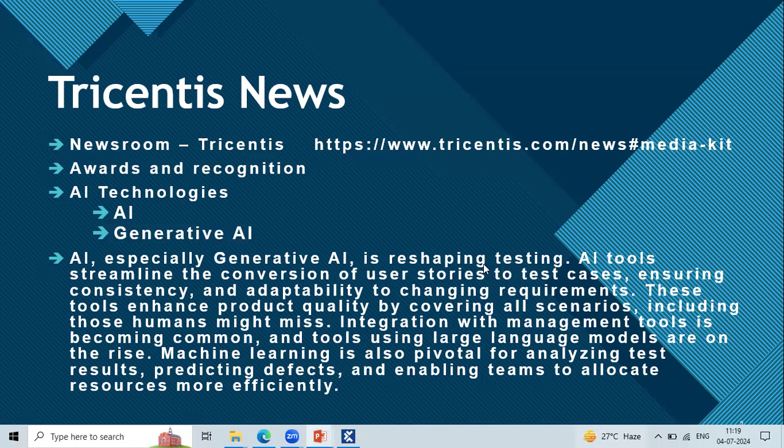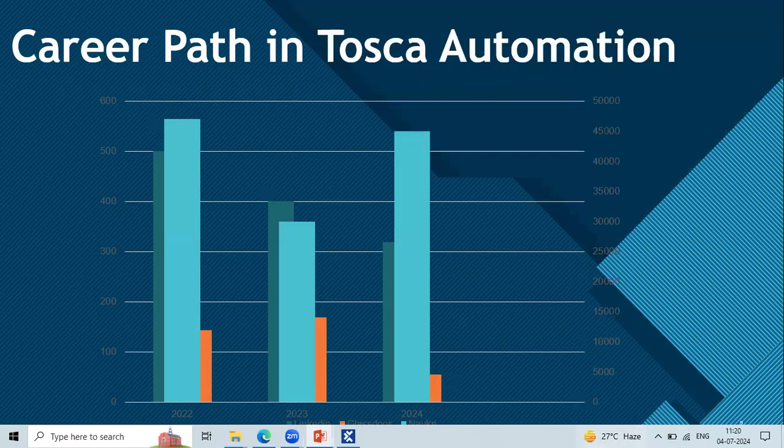Okay, this is the news related to the Tricentis team. So I just mentioned this information here. So this is the job market. If you see the job market in 2024, it's a very huge requirement, team. I think last April, after the completion of the financial year onwards, we are getting n number of calls for Tricentis Tosca. And still, if you see my January to March batches, January, February, March, April, May, these 5 batches of people are placed in a number of MNC companies. If you want, I'll show you those success stories also indirectly.